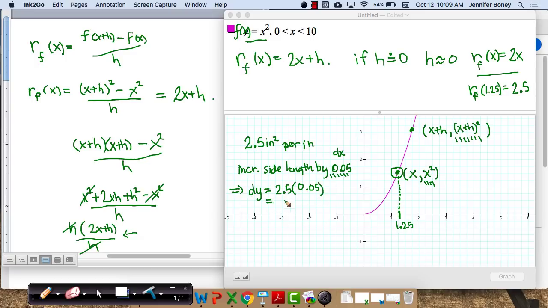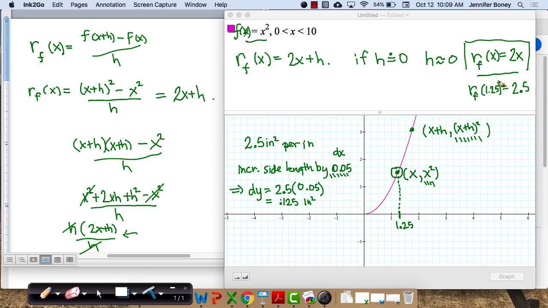So let's see. Of course, I picked something that's hard to do. It involves a 125, but I don't know where the decimal is. 0.125 or 0.0125? Let's see. Times 5 is 12. 0.125. So the area would change by a positive 0.125 square inches, assuming I did the zeros and decimals in the right spot there. But in any case, these give us rate of change functions, as you can see,